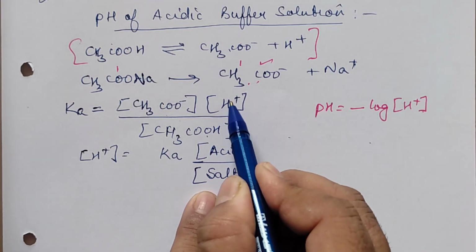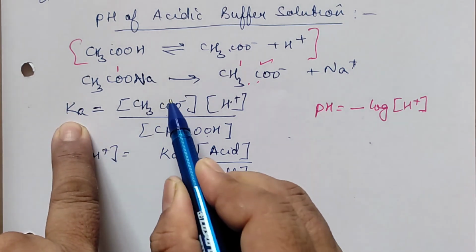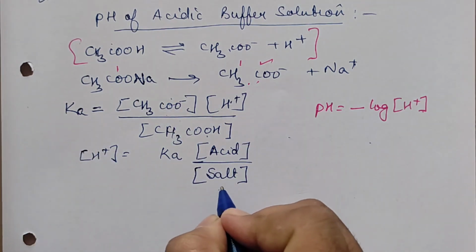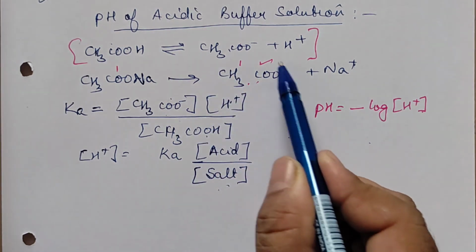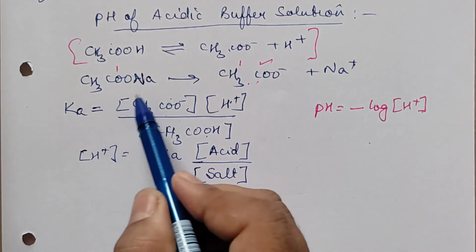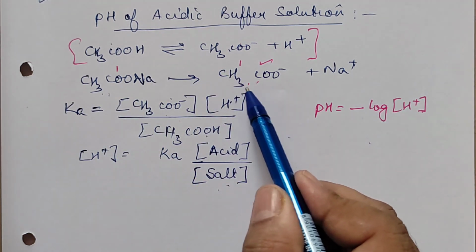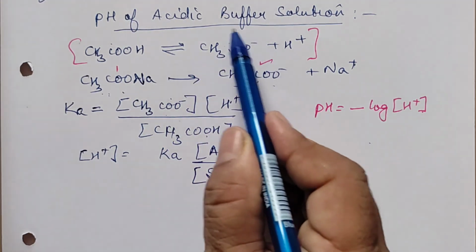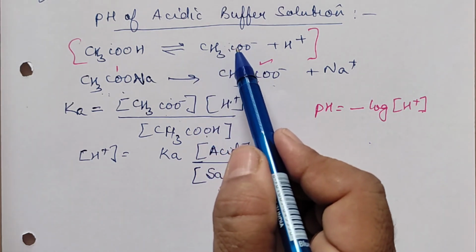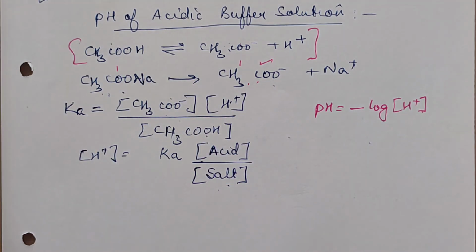H plus concentration we were finding is equal to Ka into acid concentration divided by this. So I just wrote, instead of acetic acid, acid concentration, and instead of acetate ion I wrote salt, because I told you this acetate ion is mainly obtained from the sodium acetate salt. Because it is a strong electrolyte, it ionizes completely, so whatever concentration you are getting here is mainly from here. Whereas in the first equation, the acetate ion formed is also reacting with H plus and going for the reversible reaction, that is, the backward reaction.